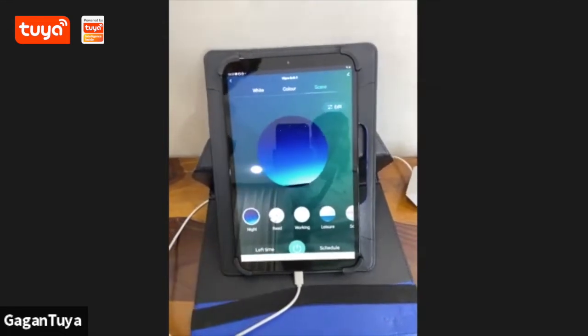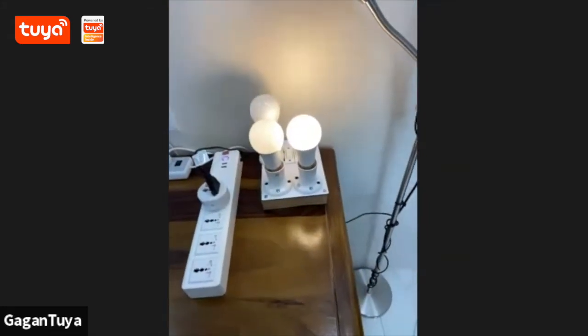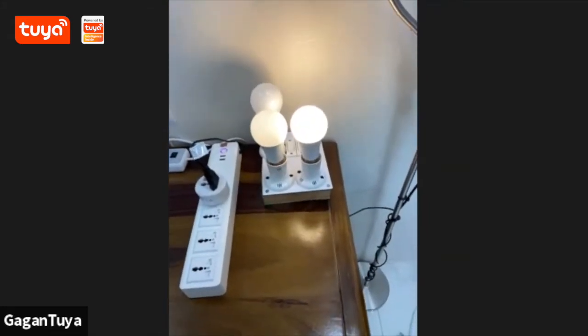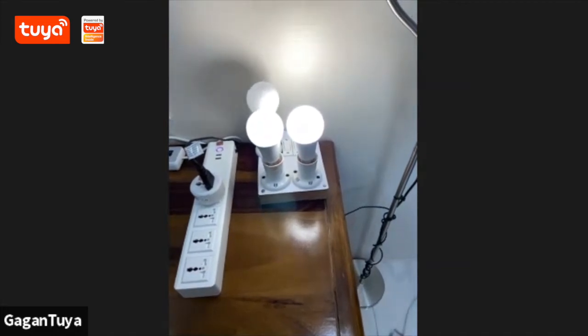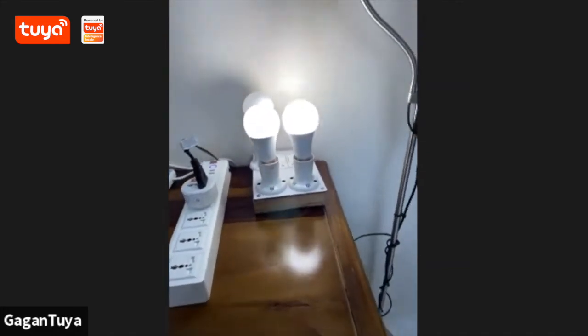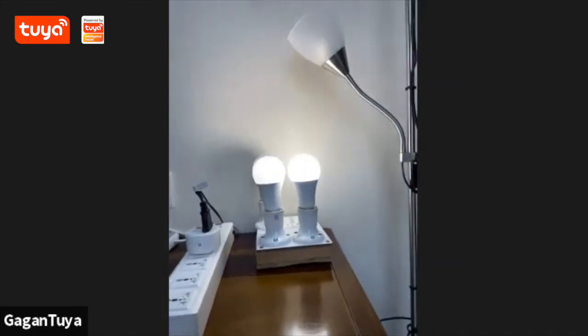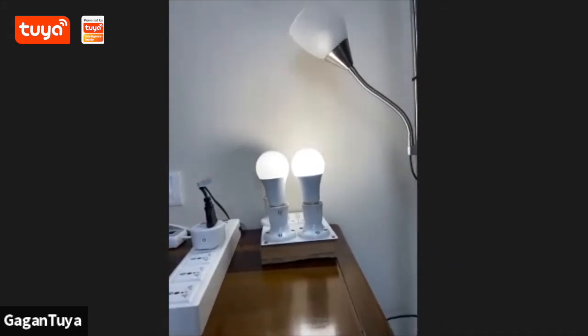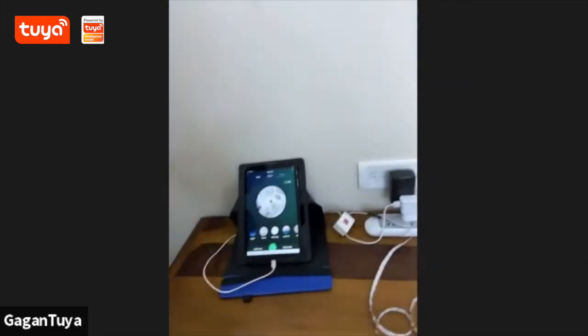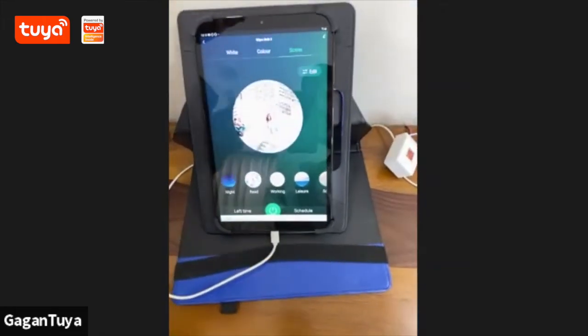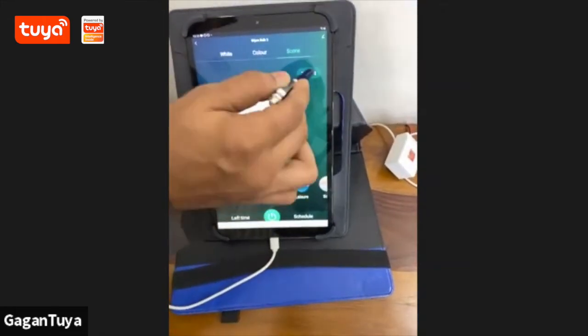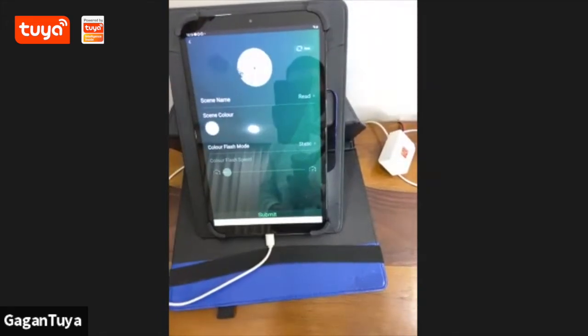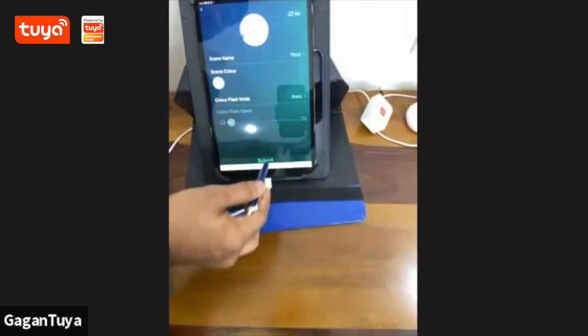So once you select the night scene, the color temperature of the bulb becomes 3500, and the brightness of the bulb becomes 50%. If you select read, then the color temperature of the bulb becomes 4000 with the 100% brightness. There are many other options available which have been provided by Tuya. Further, if the user wishes to create his own scene in the Smart Life app, you can just click on the edit. Here you can set the parameters as per your choice, and you can have your own